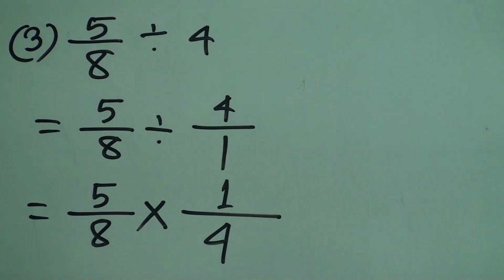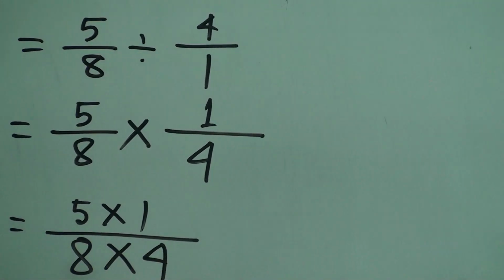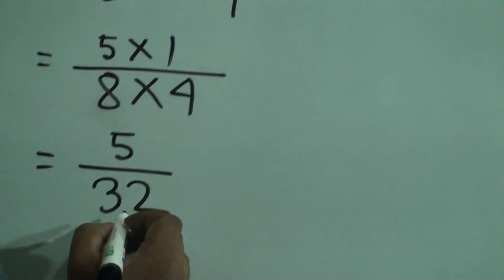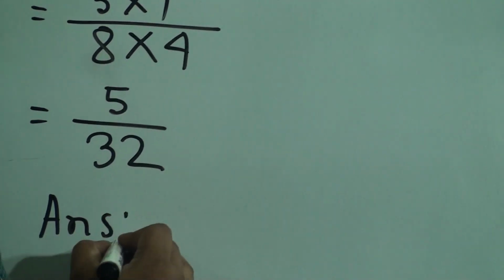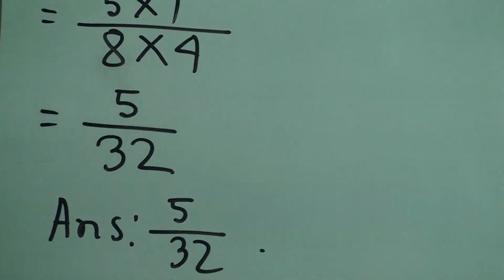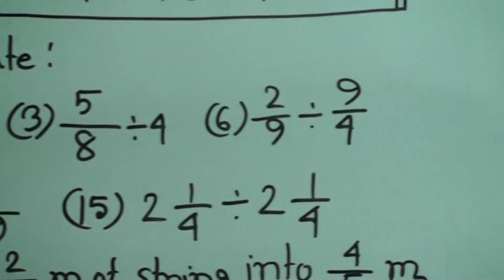Okay, now 5 is multiplied with 1, that means numerator with numerator and denominator with denominator. That means 5 times 1 is 5 and 8 times 4 is 32. So 5 by 32 is the answer of the second question. Okay, next we shall solve question number 6. Dear students,